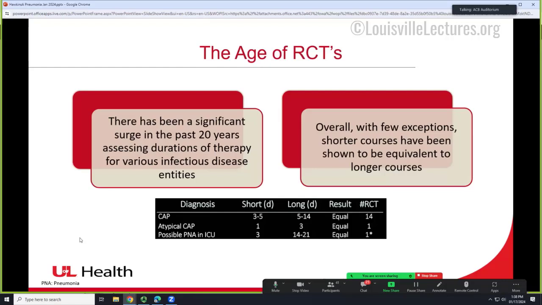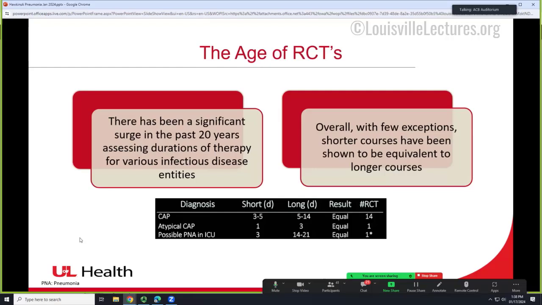What he does is he collects on shorter is better and oral versus IV. So this is taken from his shorter is better stuff. And he collects all the randomized controlled trials to prove that shorter is better. His big thing is there's never been anything telling us that longer is better. There's a few instances that yes, they have, and that is commonly documented. But for the most part, anytime we're evaluating duration, shorter has typically proven to be just as equivalent as longer